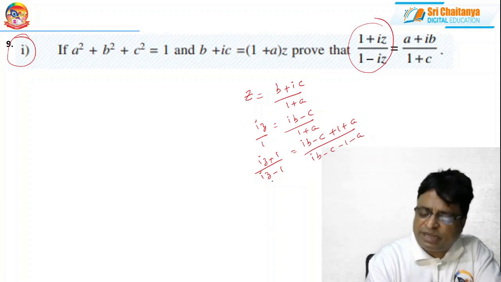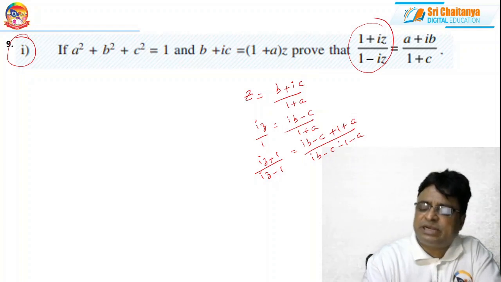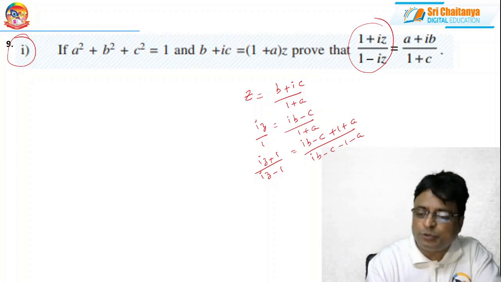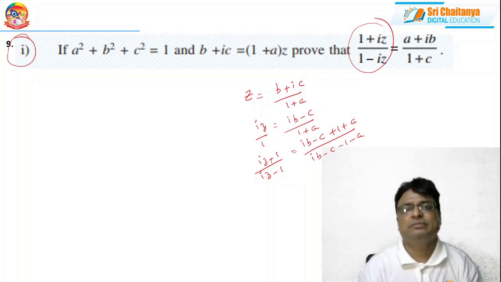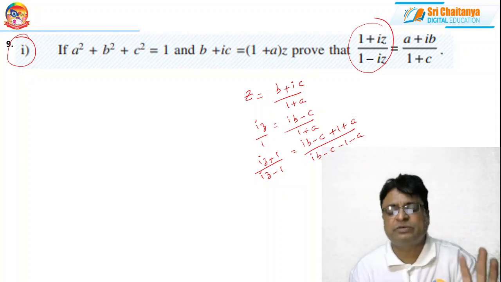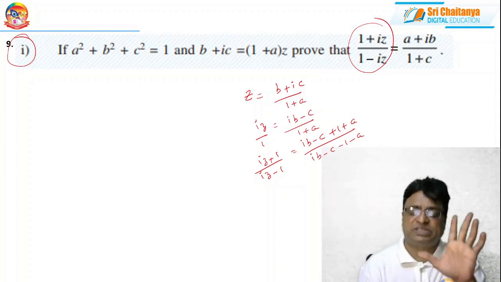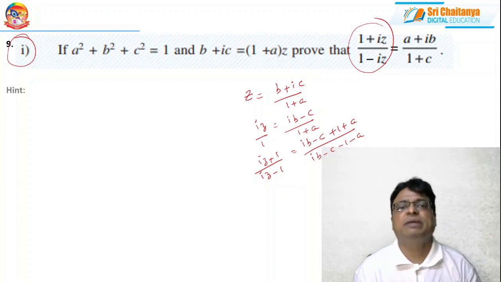Conveniently, you take the minus common and send it outside, send it to the left and right side, and balance it. And what to do? You rationalize. That rationalization and the substitution is the trick. Whenever the term A square plus B square plus C square appears, you replace that with 1. That is the form I am giving.